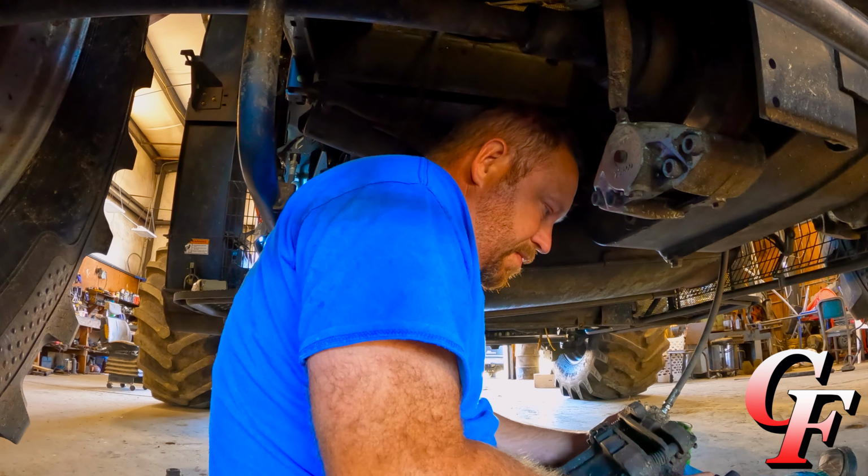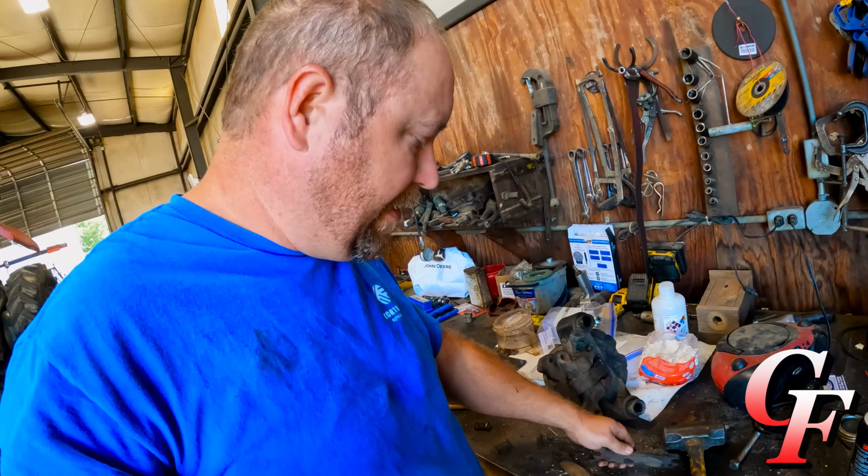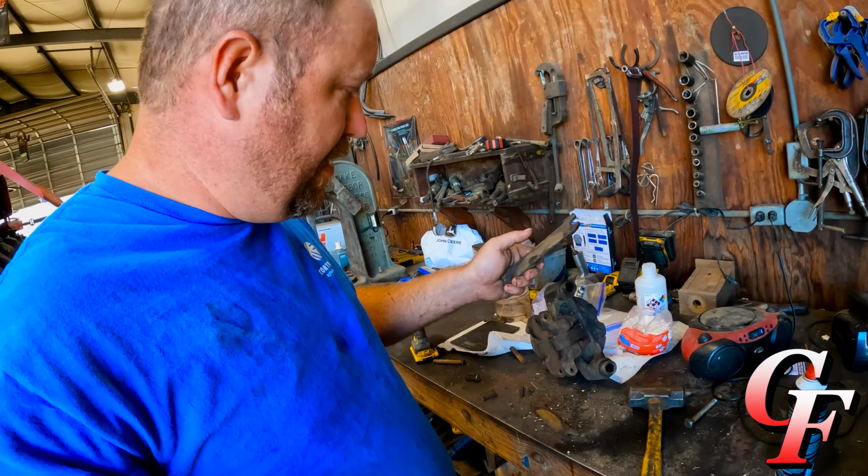Well, there's a problem. There ain't no pad material left there. It's almost straight down to the backing plate. Now tell me how a parking brake wears out. It's either on, keeping the combine in place, or it's off. There ain't no using it to actually stop or slow down. But regardless, that's what the problem is. All right, we got the pads off. Like I said, there ain't nothing left, and actually this started wearing into the backing plate right